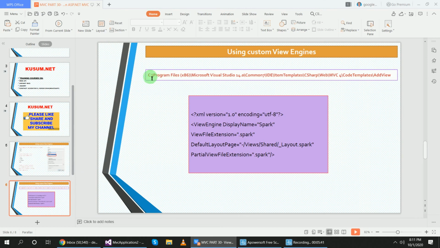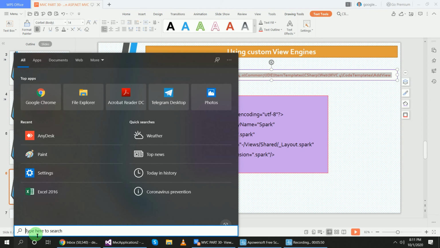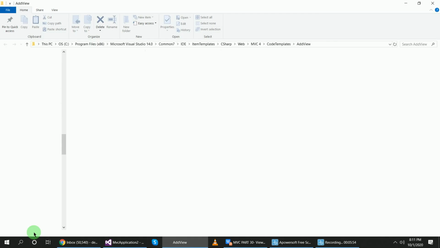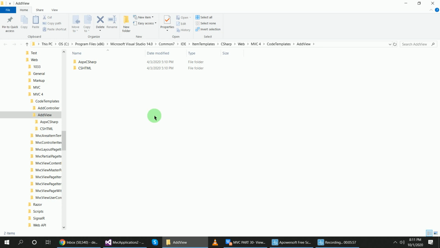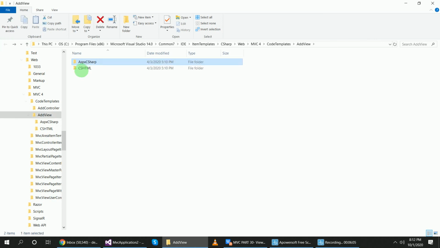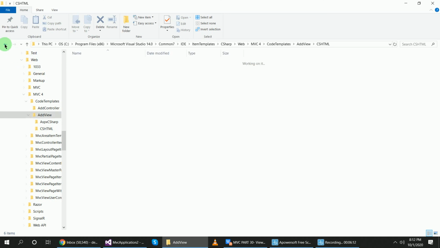I copy this path and paste it into the Run search. Enter. You can see here this AddView folder contains ASPX CSharp and CSHTML. This is for the ASPX view and this CSHTML is for the Razor view. These are scaffold templates for ASPX and Razor.